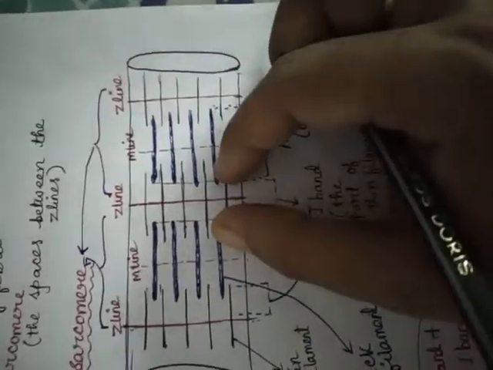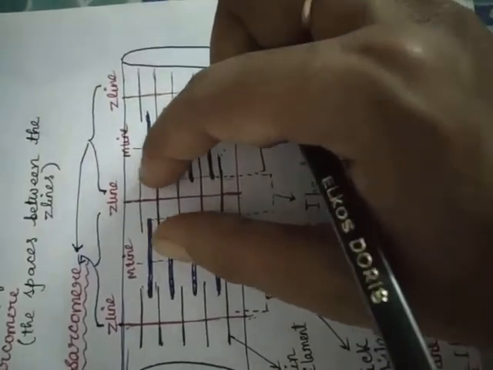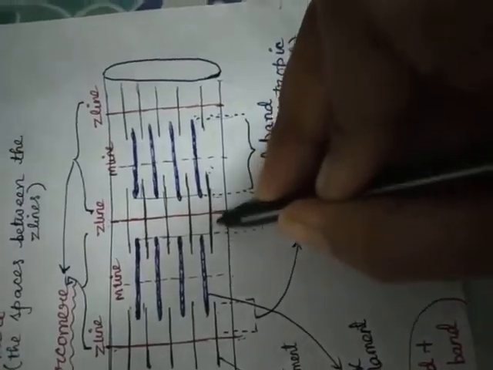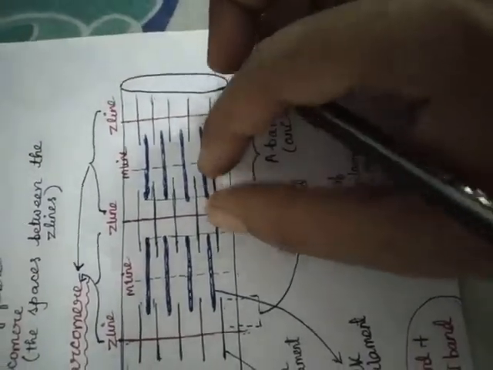Only this part. Means the part that is not incorporated into the thick filament or A band region. But A band means the entire thick filament region. The whole region of the thick filament. But I band means only the individual part up to here. Some part is incorporated into the A band. These are not under the I band. Clear?